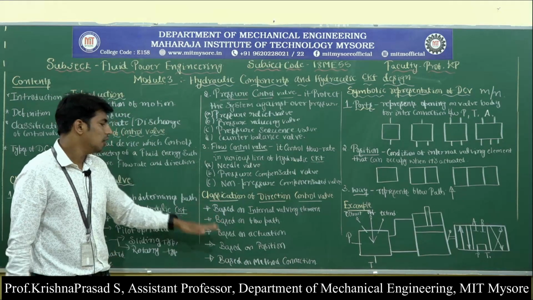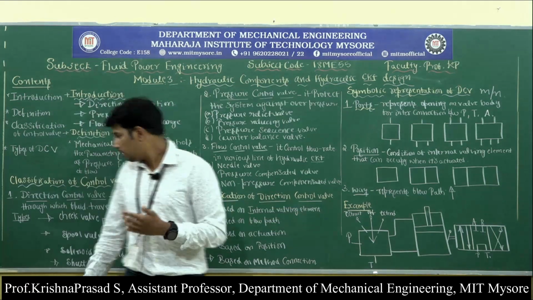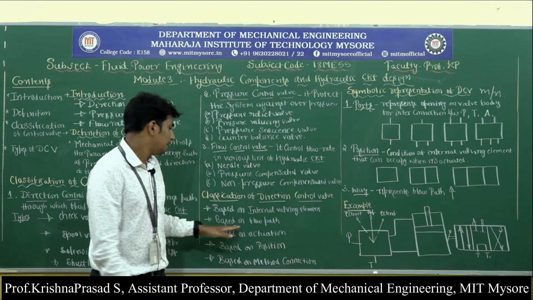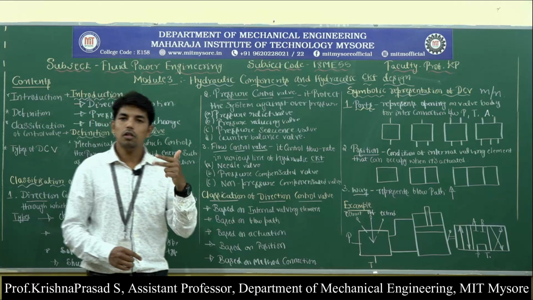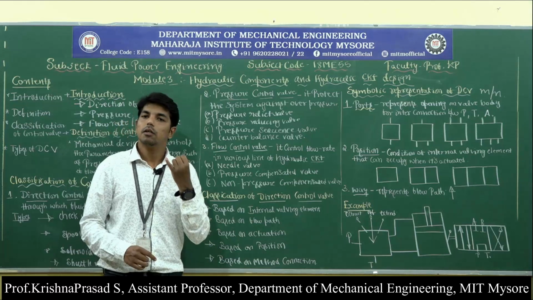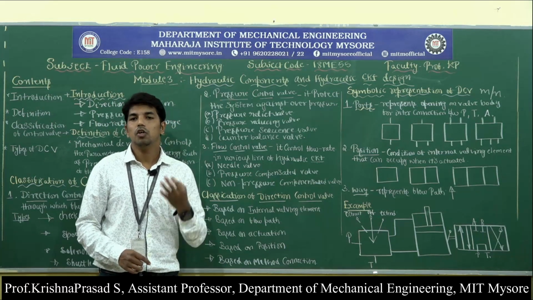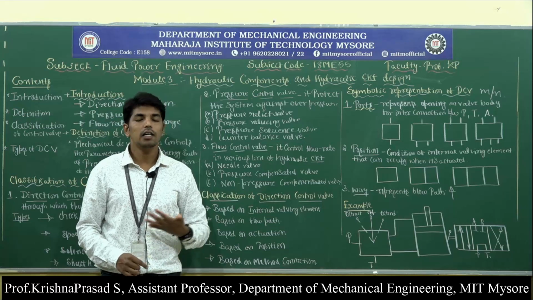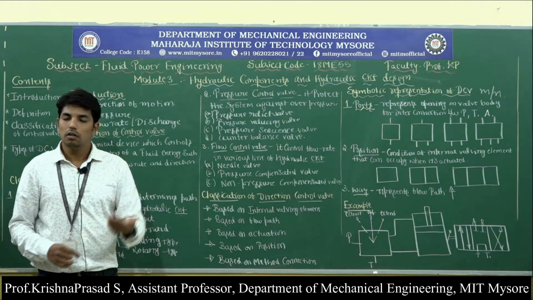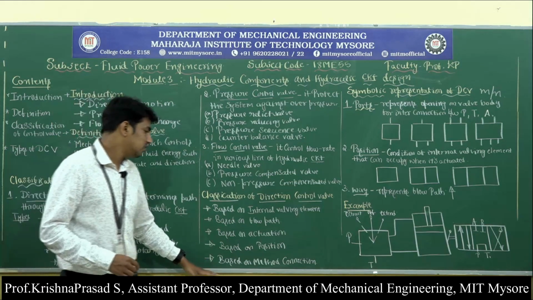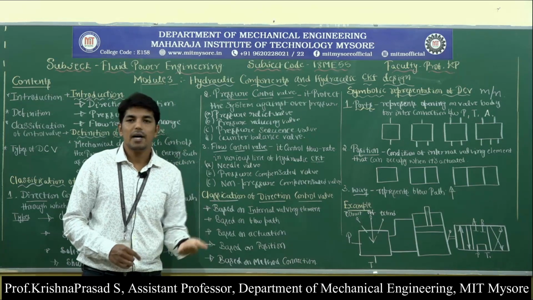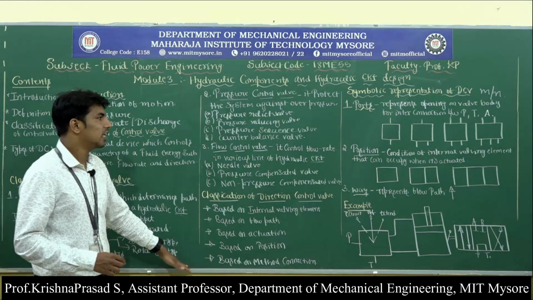There are 5 types. Based on the internal valving element, it may be check valve type, spool valve type, solenoid valve, or shuttle valve type. Based on the flow path, it may be 2-way, 3-way or 4-way valve. Based on the actuation: manual, mechanical, electronic, pneumatic, hydraulic, or a combination of these actuations. Based on the position: finite position, infinite position. Based on the method of connection, it may be connected with the help of pipe as well as manifold. So these are the classifications of direction control valve.